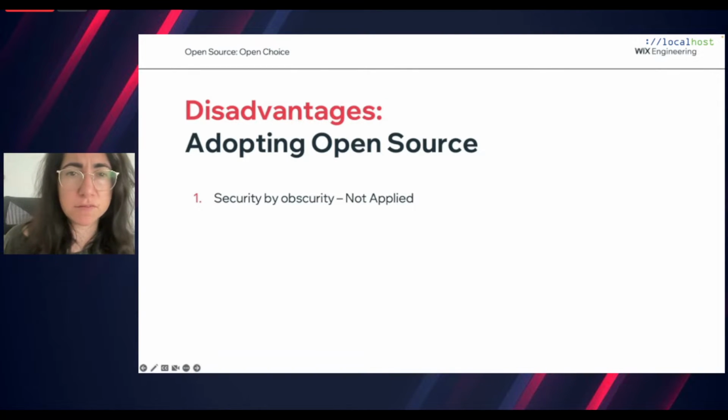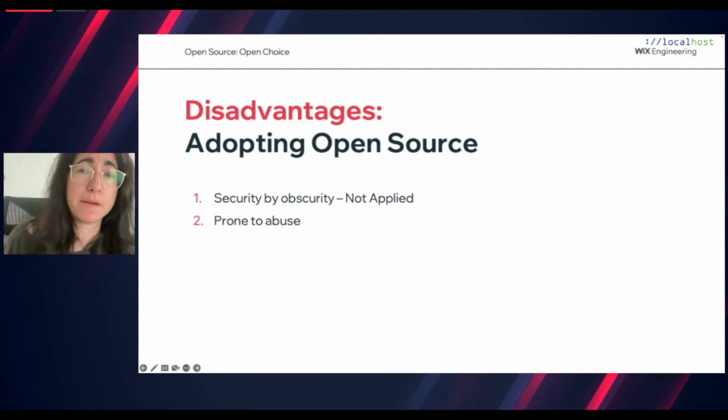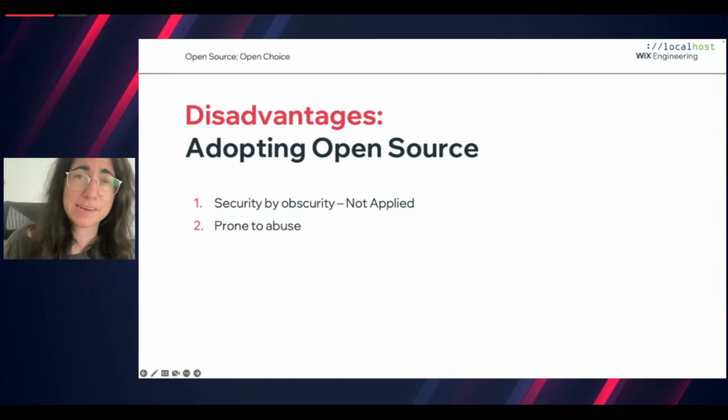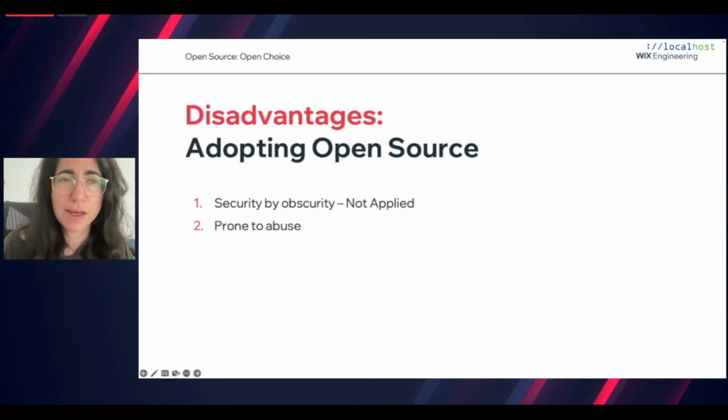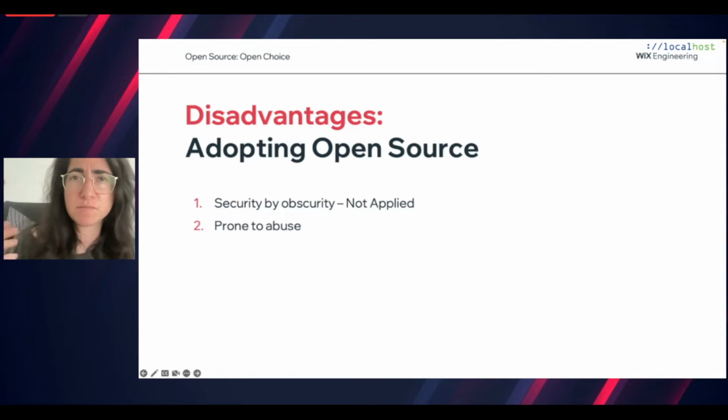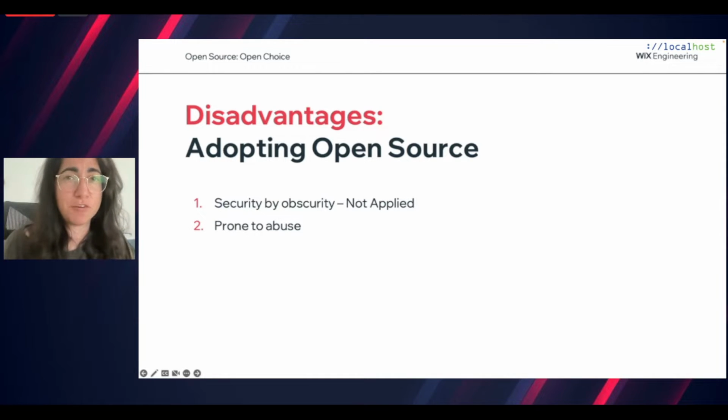Other than that, open source is sometimes prone to abuse. Let's take, for example, the colors NPM package, where the maintainer added a loop in the code and caused a lot of trouble for a lot of companies. And Faker.js, where, if I'm not mistaken, the maintainer had a bankruptcy, and then the version that he released was actually no version. He deleted the project. So you can say, hey, I can just, for libraries, right?